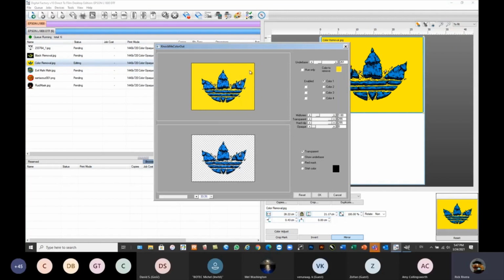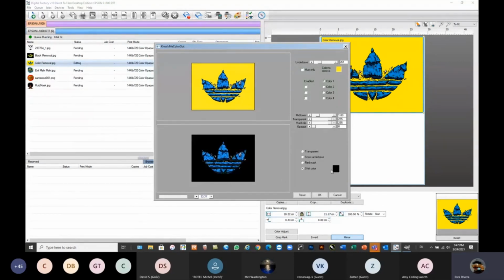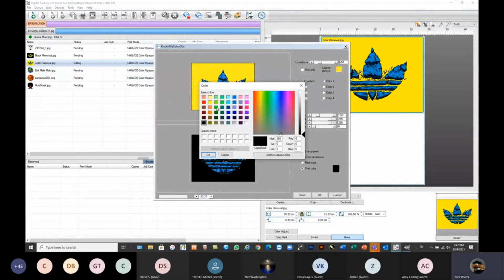You just select that base color that you want to remove, and it'll get rid of it automatically. You can remove up to 4 different colors from a file. Okay, so if I wanted to print this blue logo on a yellow shirt, I can knock out that yellow. I can also simulate the shirt color here. So if I wanted to put this on, say, a gray shirt,